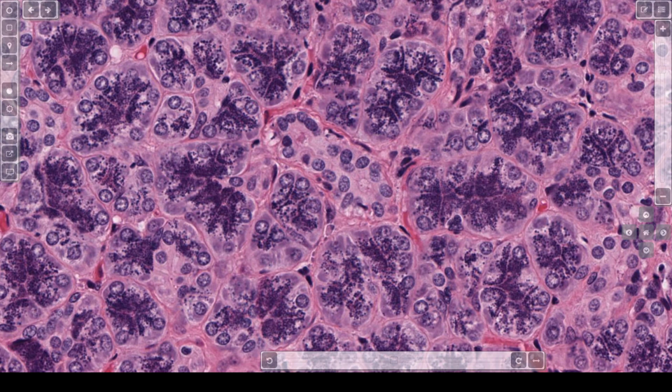Another thing we can see very well at this power are multiple acini. An acinus, of course, is a spherical unit which produces the fluid for the parotid gland. You can see here is one acinus, and here is one acinus, and here is one acinus. There are a lot of acini in this picture. These are serous acini. You can tell that because there are multiple purple granules inside the cytoplasm of each of